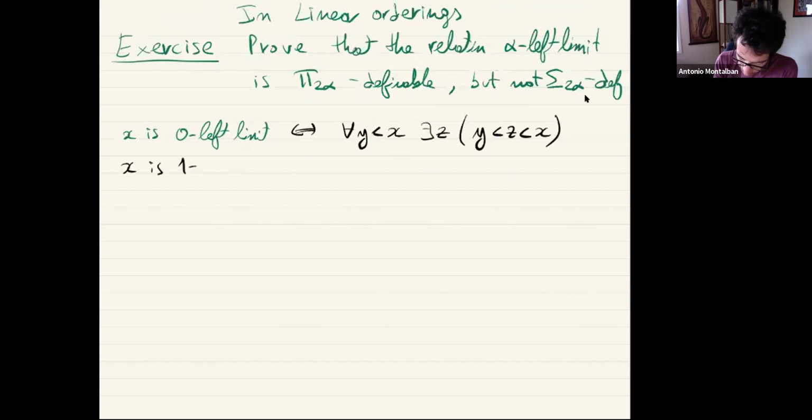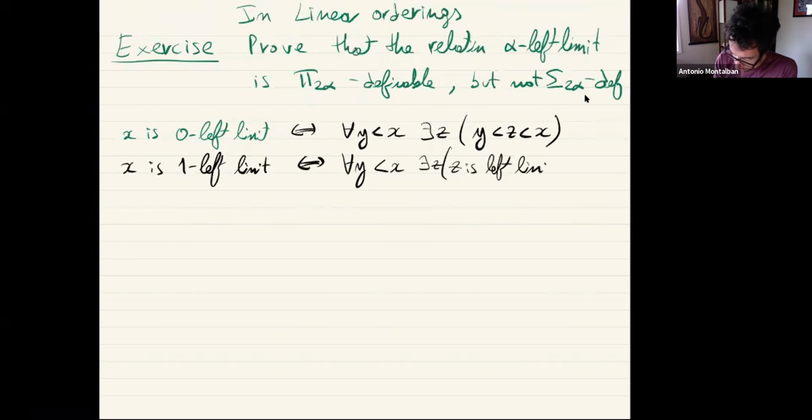X is 1 left limit if and only if it's a limit from the left of things that are limits. It's a limit of limits from the left. For every y below x, there exists a z such that z is a left limit and y below z below x. And then x is an alpha left limit